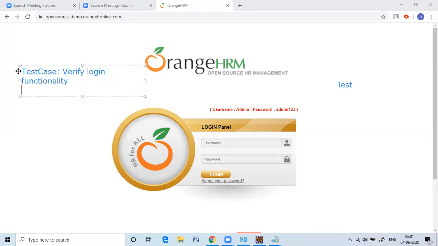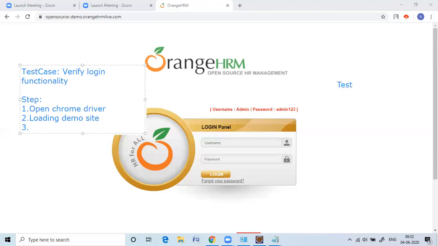Okay. So what are the steps to follow? Step one: open Chrome browser. The second one is load our demo site. I'm giving the demo site only, not a URL. And after the demo site, we will be in that login panel.